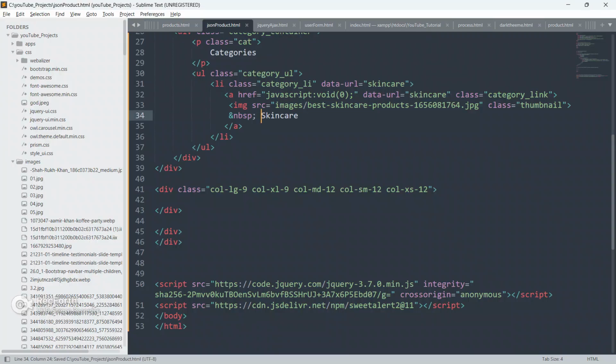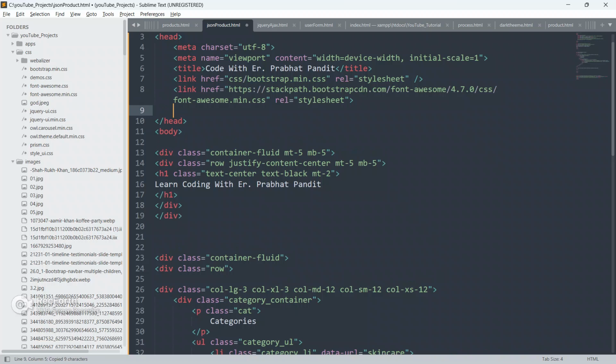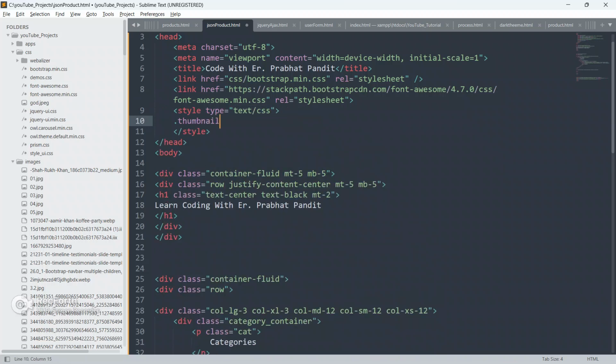As of now, we can see only this. So we have to now style these images. I'm going to create a style sheet in the head section.